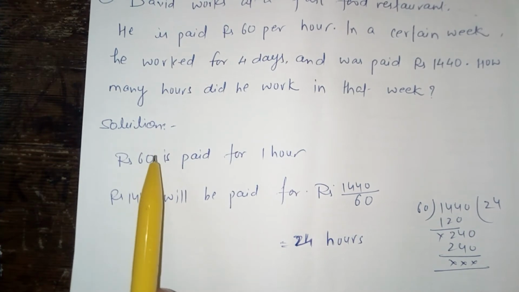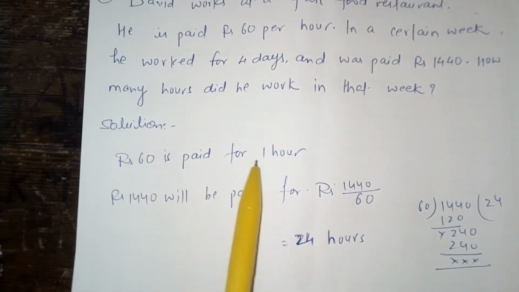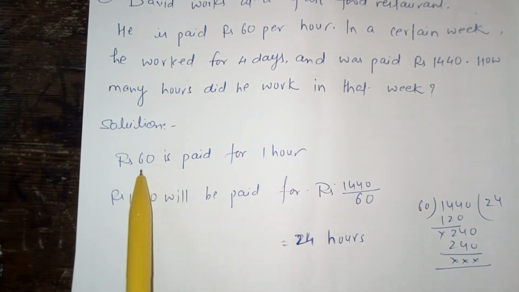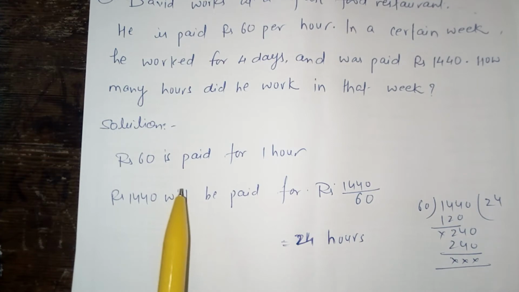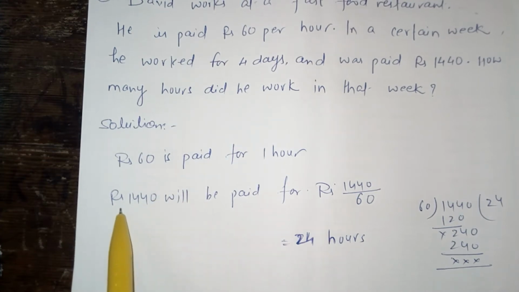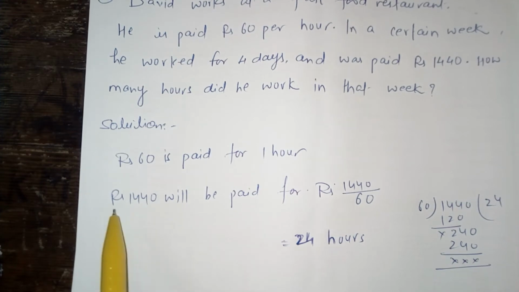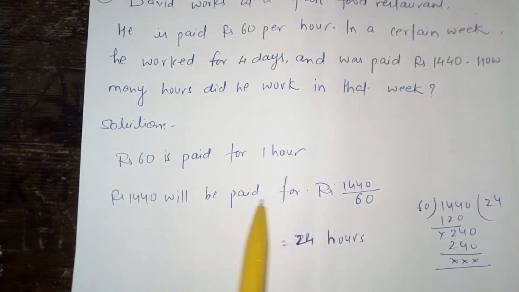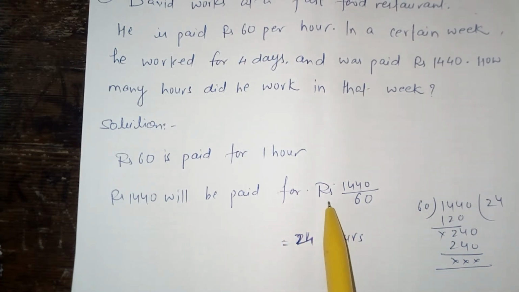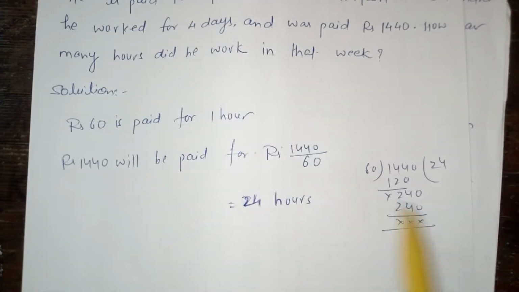Now the solution of the given question is: rupees 60 is paid for 1 hour. Now David will get a total amount of rupees 1440. So rupees 1440 will be paid for how many hours? What we will do is 1440 upon 60. So after division we will get